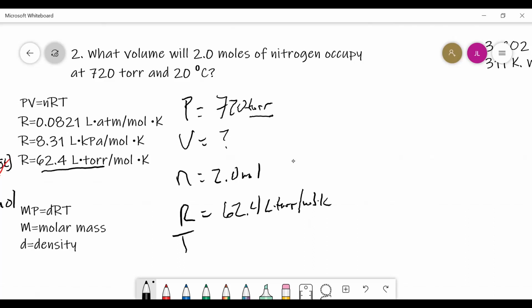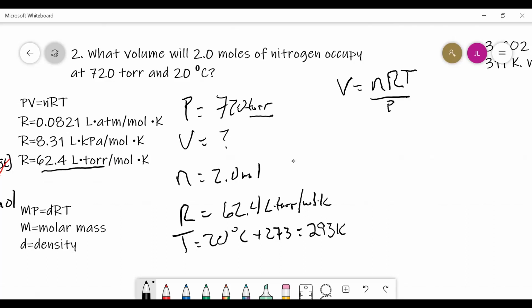And temperature is 20 degrees Celsius plus 273 gives us 293 Kelvin. So in this case, if I take PV equals nRT and isolate volume, volume is nRT over P. So we have 2.0 mole